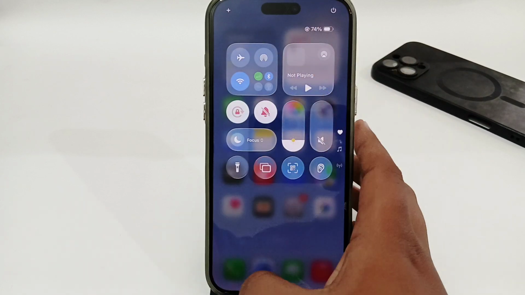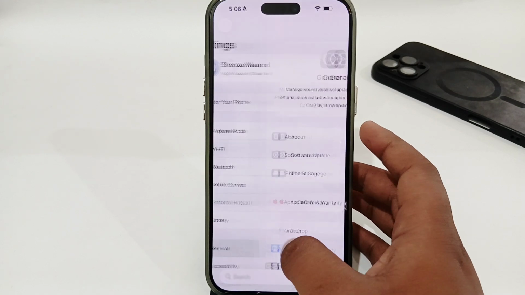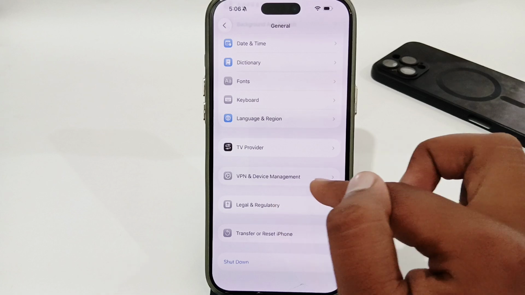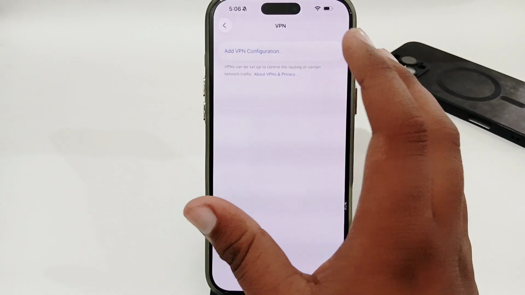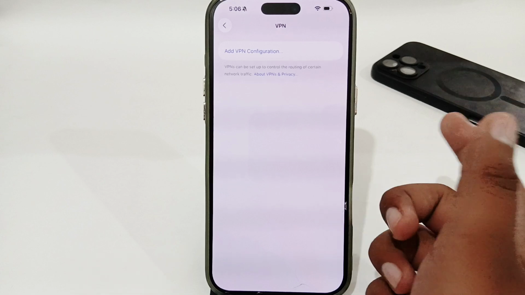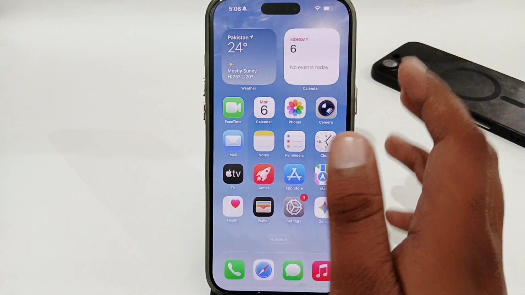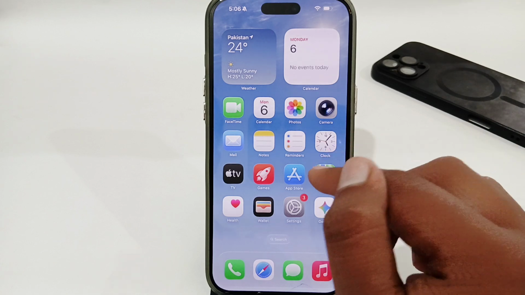And once you have that, simply go back and go to your settings, then go for General, and here you have to make sure that you don't have a VPN connected. So go for VPN and Device Management, select VPN, or if you have any connected VPN here, try to disconnect it. Once you have disconnected, it might be that your problem will be fixed. You have to retry, or if you're still having the same issue, you have to simply go ahead to